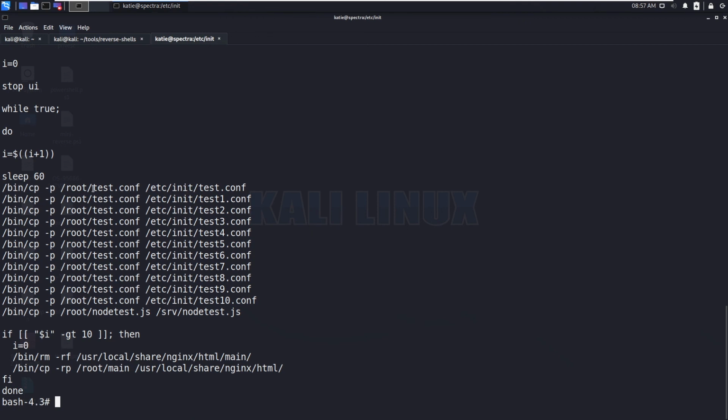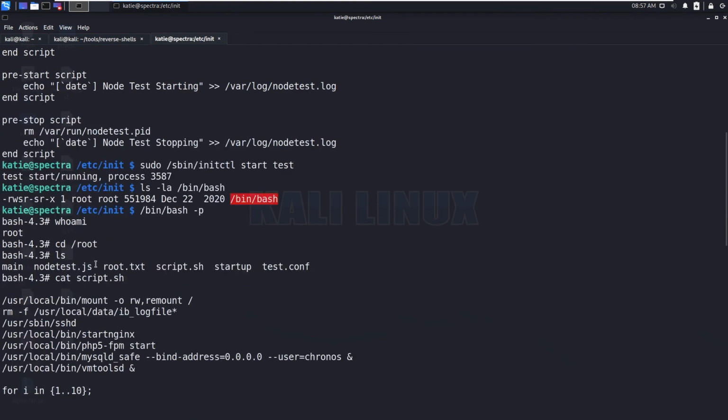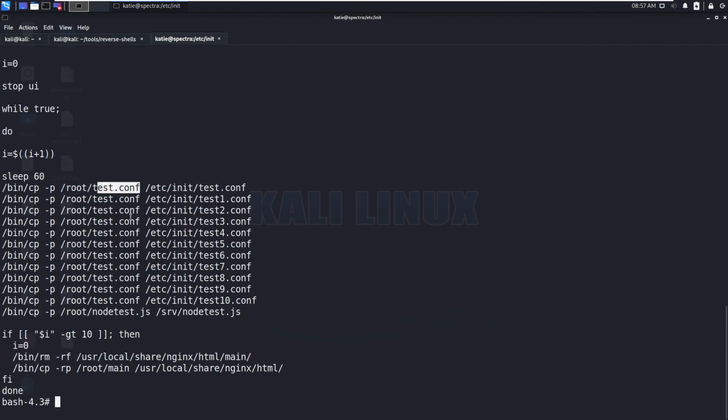It's just copying the test configuration to these files. I think someone has modified this so that it is rewriting every second. That's why it was getting replaced.